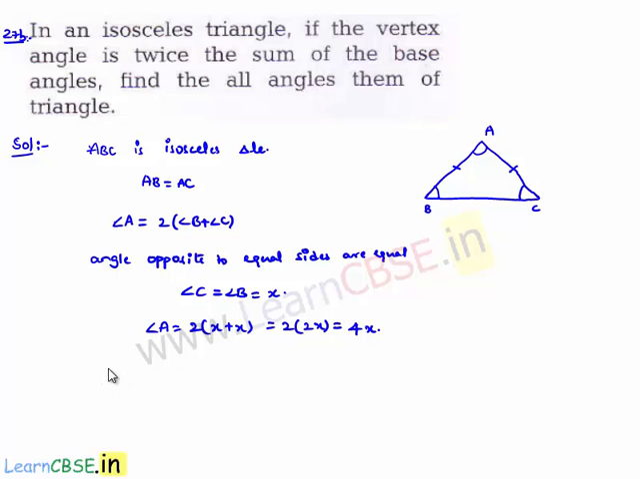Now we know that by angle sum property in any triangle, the sum of angles is equal to 180 degrees. Therefore here we can say that angle B plus angle A plus angle C is equal to 180 degrees. That implies angle A is given by 4x plus